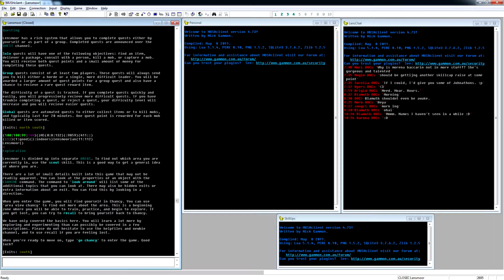Exploration. Lensmoor is divided up into separate areas. To find out which area you are in, use the scout skill. It's a good way to get your general idea of where you are. There are a lot of small details built into this game that may not be readily apparent. You can look at the properties of an object with the examine command, and you can use look around to look at information